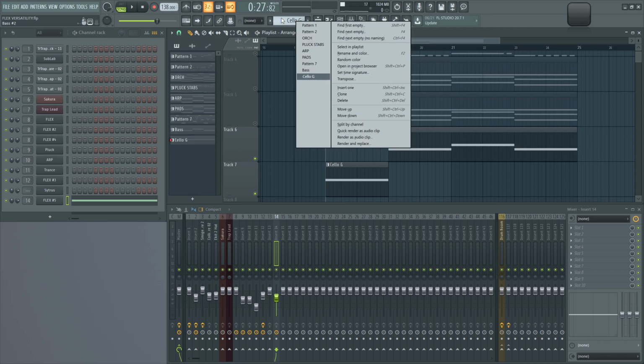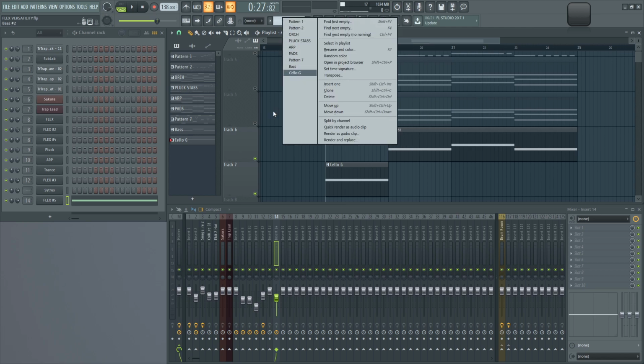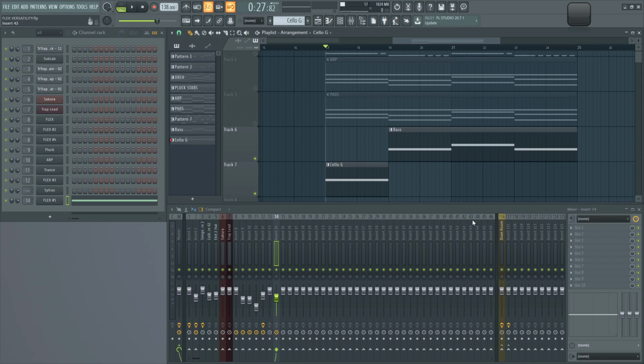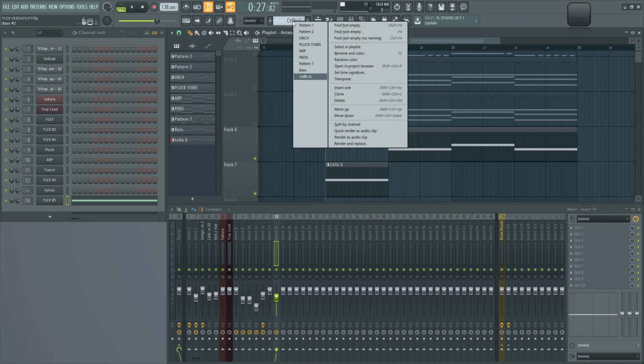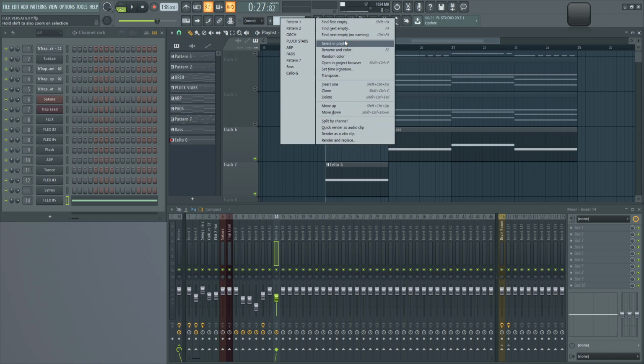And I'll click up here on the pattern picker. A lot of people work with patterns, like most FL users do, but they'll forget that up here under the pattern picker, there's a lot of information, a lot of shortcuts regarding the patterns, which includes the rendering section right here. So if I select split by channel, I can split a pattern up. If I quick render as an audio clip, I can render this as an audio clip and keep all my patterns intact. I can also render as an audio clip,